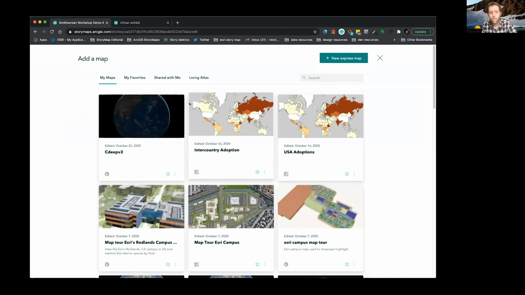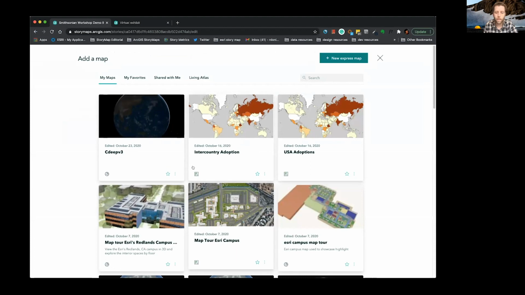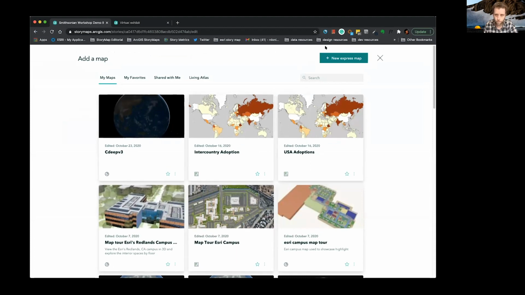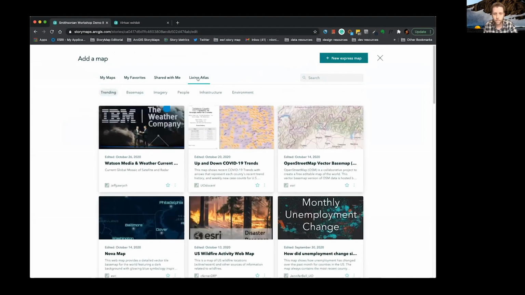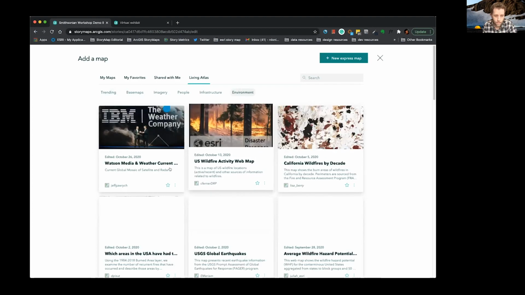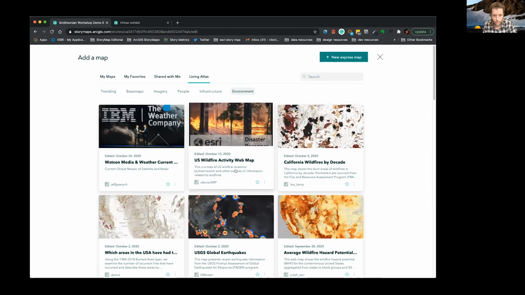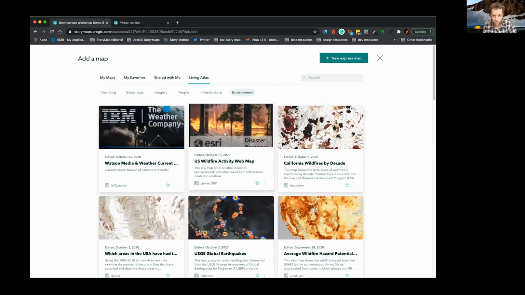And like Liz talked about earlier, there are 3 ways to add maps. These are from my ArcGIS Online account. You've got the ability to create an express map. And you also have access to the Living Atlas layers. Living Atlas is Esri's cloud database that comes from authoritative sources like our Esri teams, like universities,